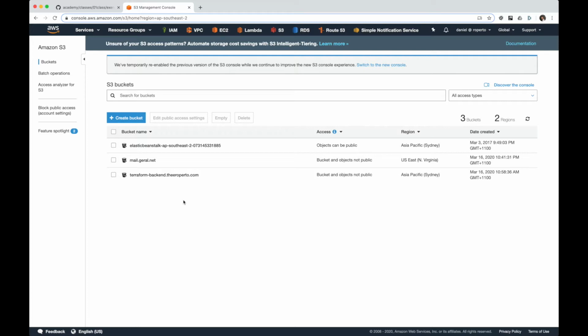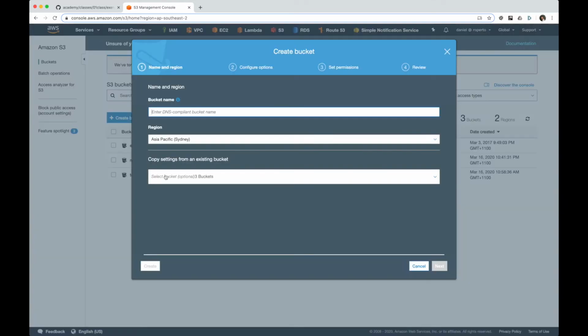So in this exercise, we're going to create an S3 bucket via the CLI, but first, as I said, we are going to create that on the console. You got here into your S3 list of buckets, and you're going to create a bucket. Now, the bucket has a DNS compliant name, which means that it can be used as part of the name